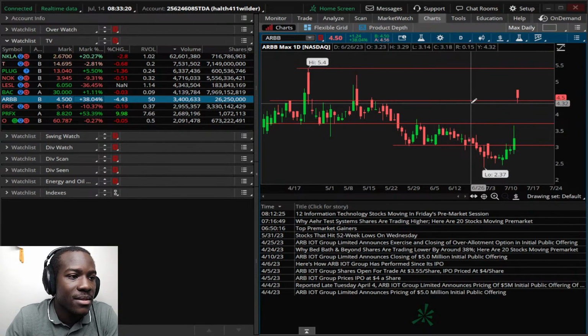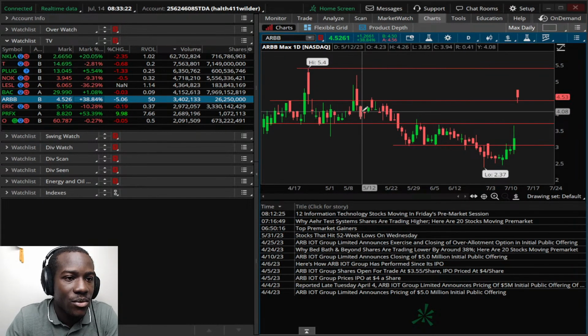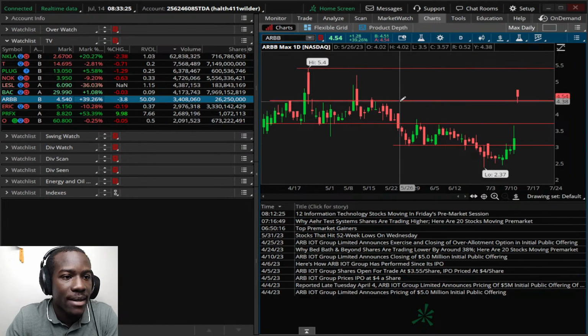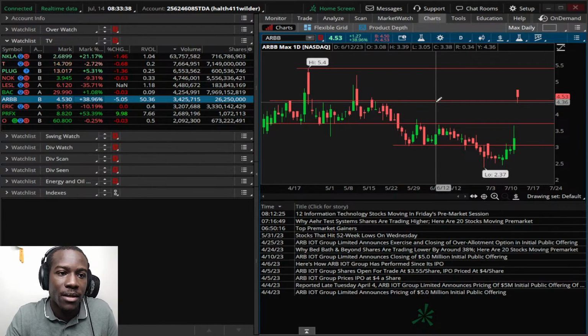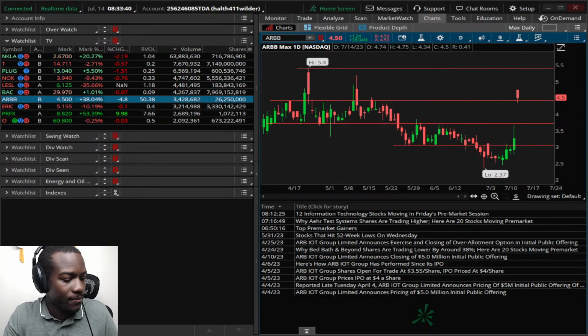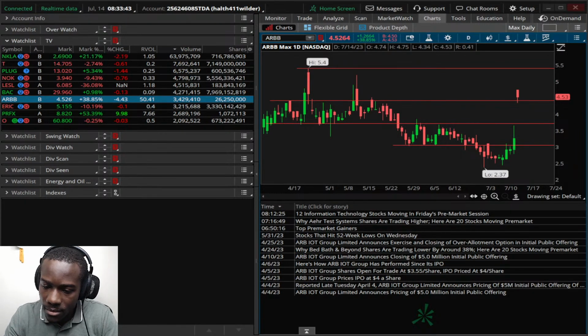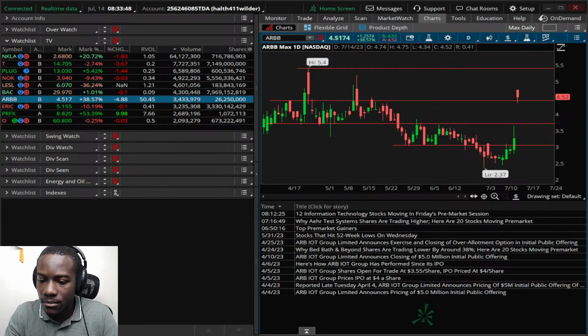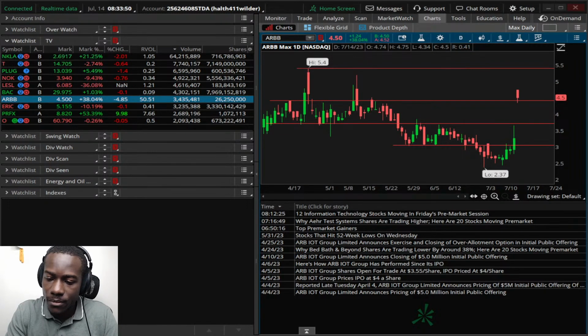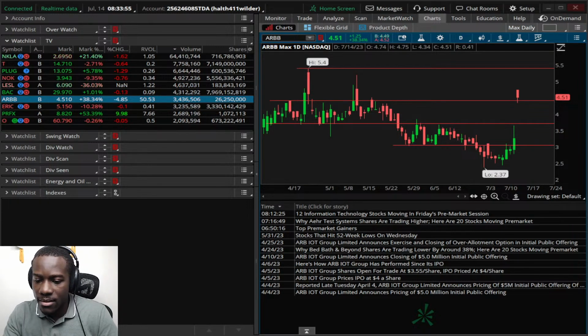So I'm going to give it some time and see, does it want to end up diving into this consolidation or what? But right now, it's holding here above the 440s. Only 10 cents off the 440. So I may actually give it a little bit of a play. To be honest, it is on a little bit lower volume, but I want to see if it can hold above the 436. So let's start to get some. It's at 450 right now. Let's see if we can start getting some at 40.